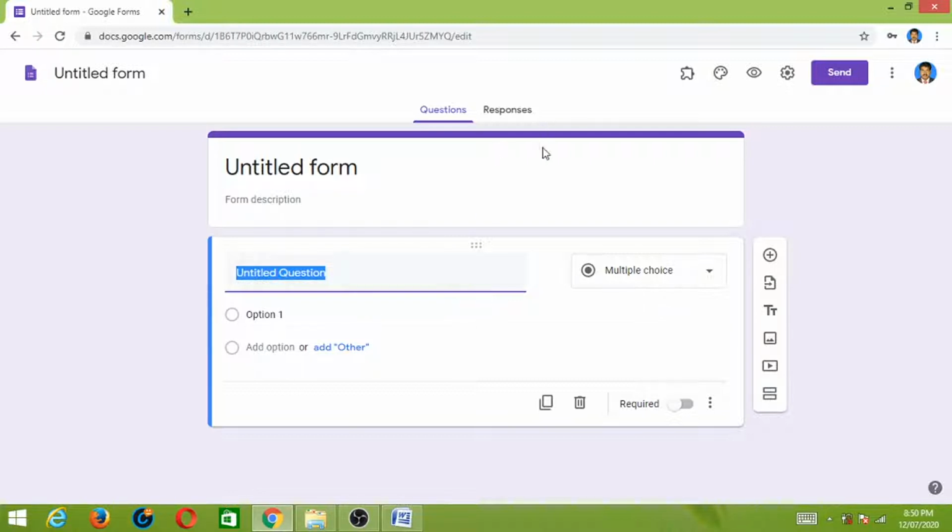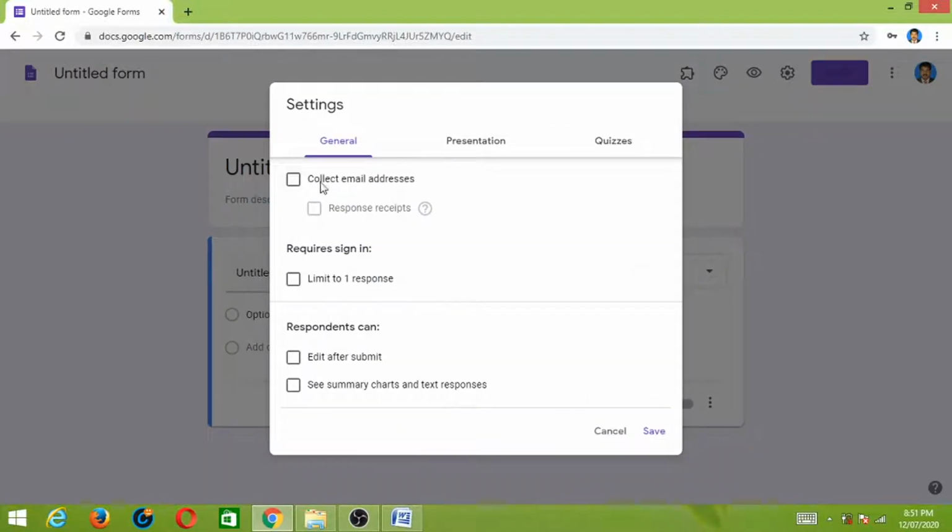Okay, here this is the settings option. Just click it. If you want to collect email from the respondent automatically, you have to select this option. If you want to limit one response from one user, then you have to select this option.